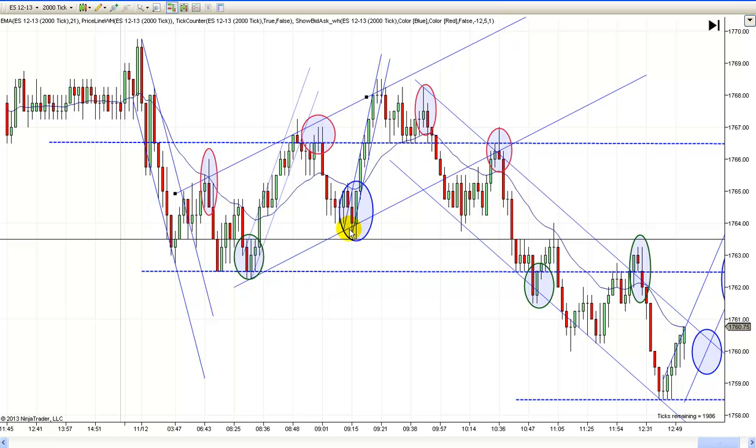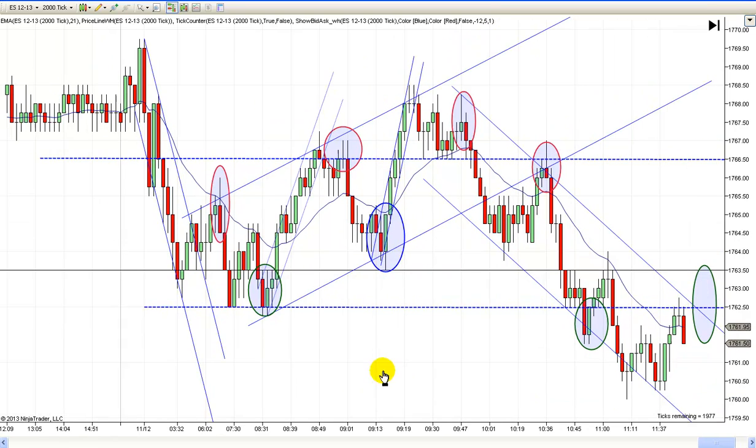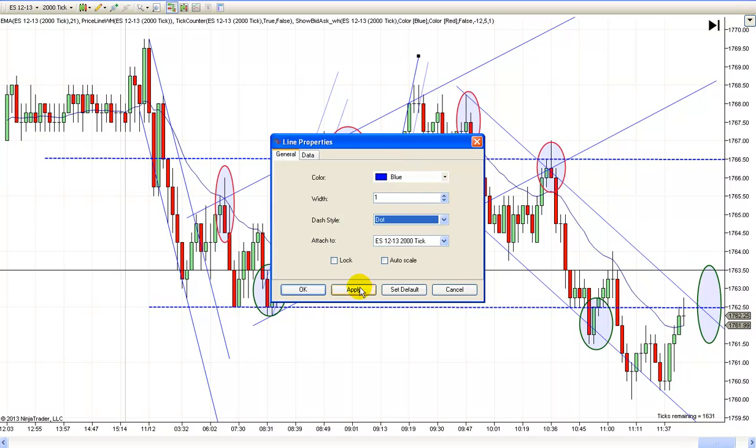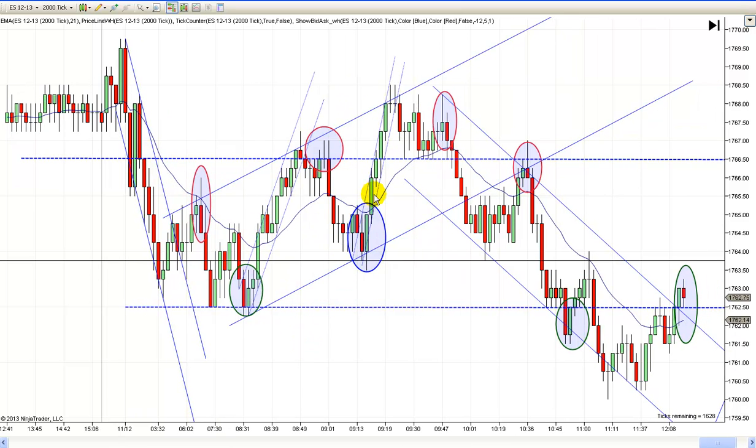And then you get a bounce right there. And look at that again, a nice reversal bar right there. And let's make these a little lighter, because they're just a little temporary trend. You can see prices moving higher.